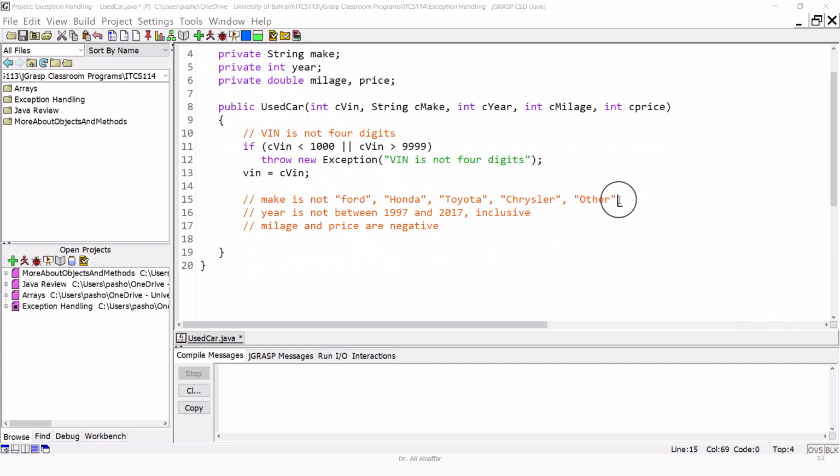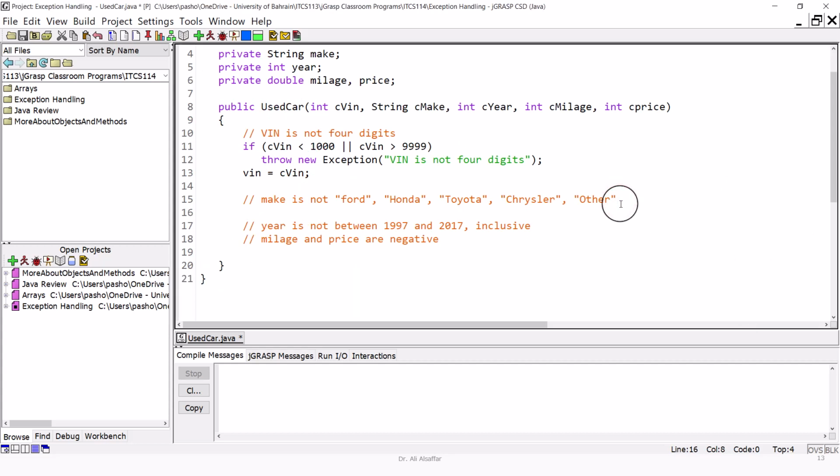Now for the second exception, if the car make is not equal to Ford, Honda, Toyota, Chrysler, or other, then we are going to throw an exception. So we write if, and the input parameter is CMake. And remember, we are dealing with strings, so we cannot use the equality operator to check equality for strings. So we are going to use the method equalsIgnoreCase, and inside we will put Ford. But here we are testing for not equal. So if the car make is not equal to Ford, and at the same time it is not equal to Honda, I am going to copy this method call